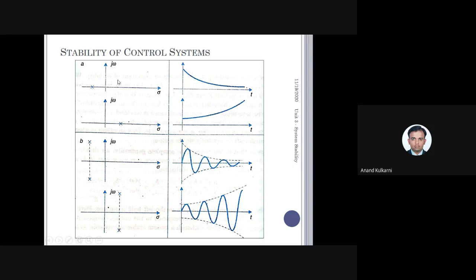Suppose S is here. S is here means what? It has zero imaginary part because omega is 0, whereas it has a negative real part, because it is in what is known as the second quadrant. In this